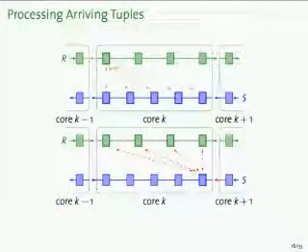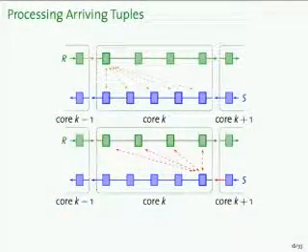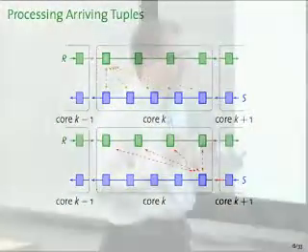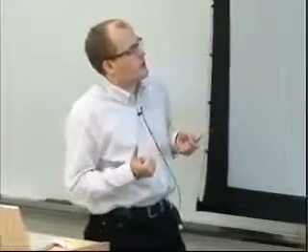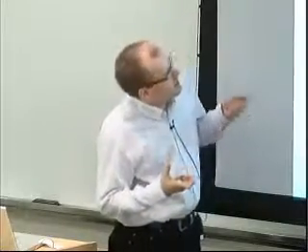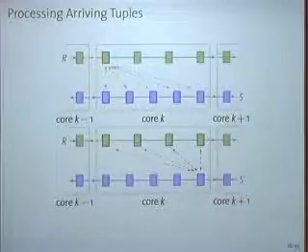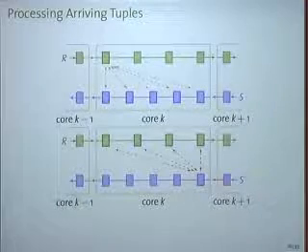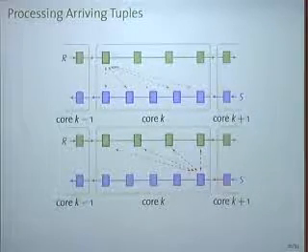So what we now need to do, for each core, is figure out a scheme for what happens when a new tuple arrives. And then we can also play out this parallelism. Essentially, what matters is that you only maintain the semantics at the edge of the core. You can implement the join within a core in any sort you want. You could do hash join, merge join, nested loop join, or you could do parallel join. Was there a question?